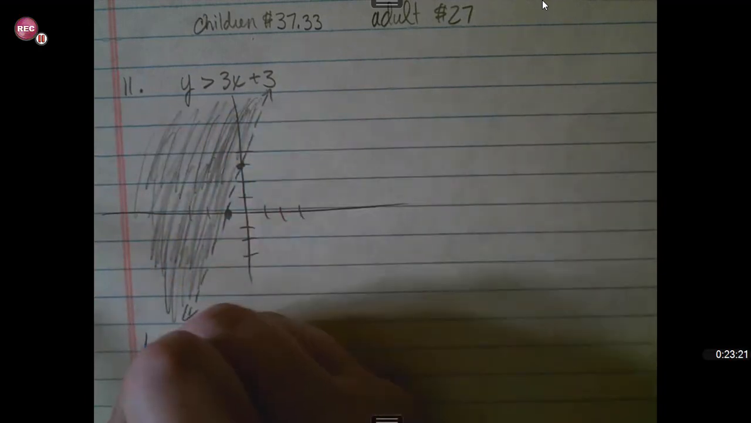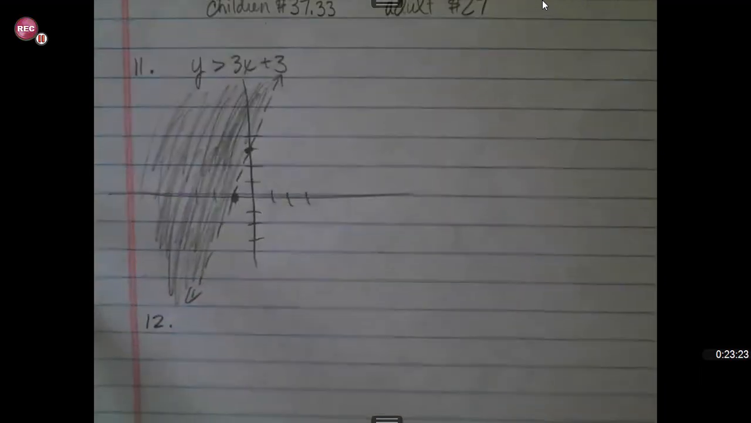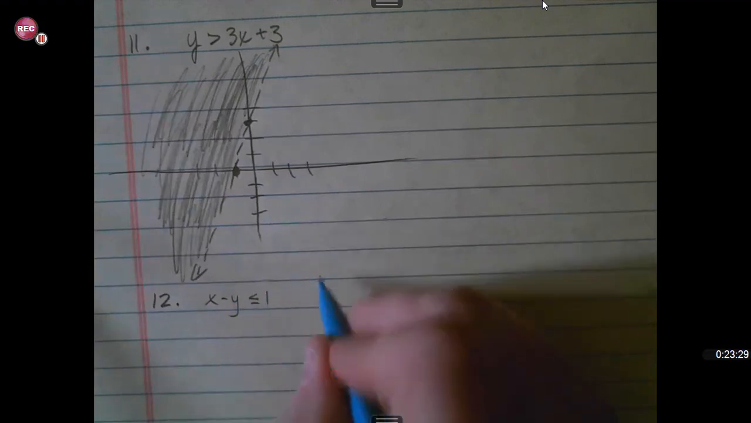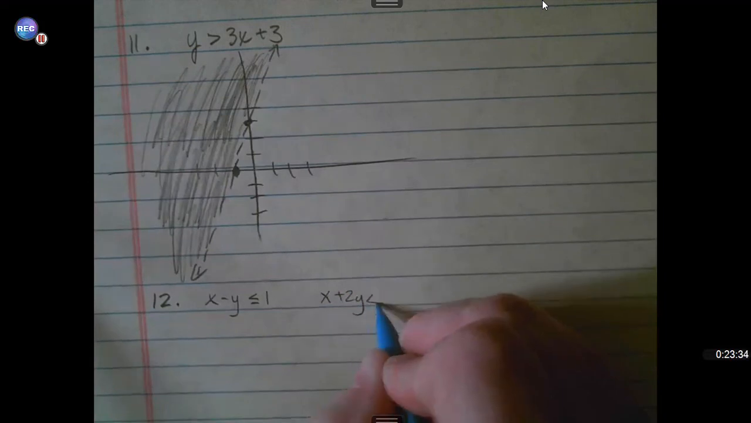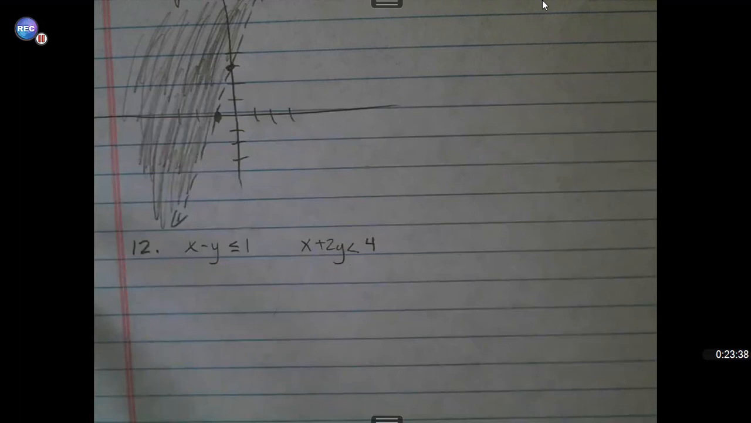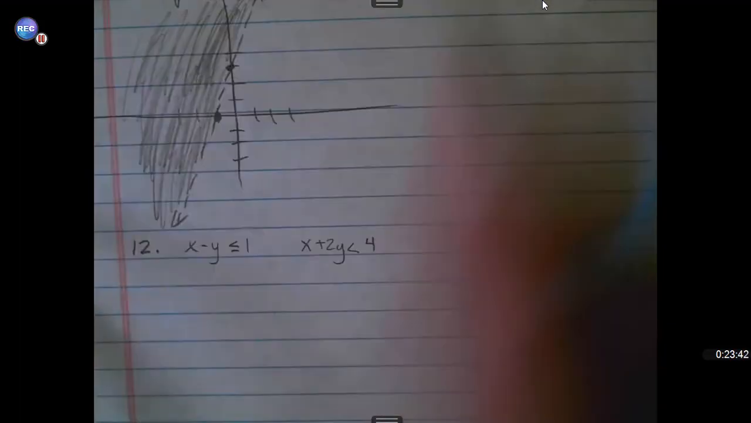And then number 12, we have x minus y less than or equal to 1. We have x plus 2y is less than 4. And I'm going to change these out of standard form. I'm going to put them in slope-intercept form. So for that first one,